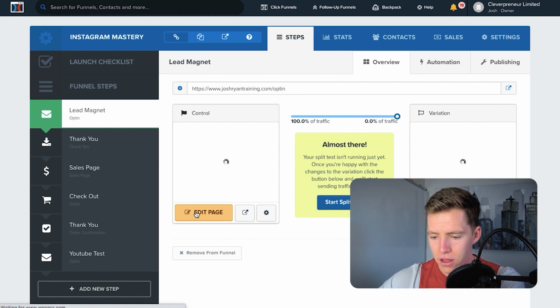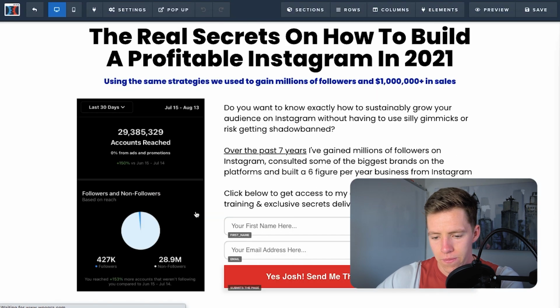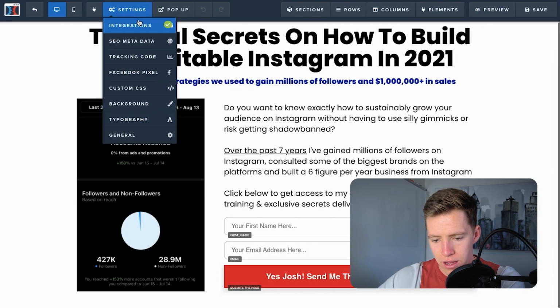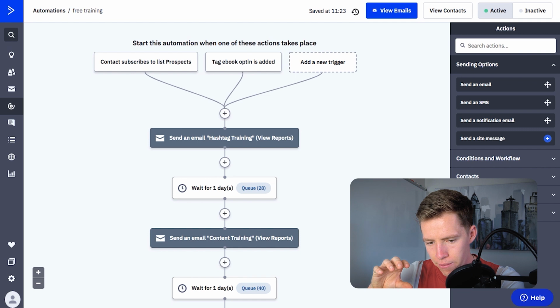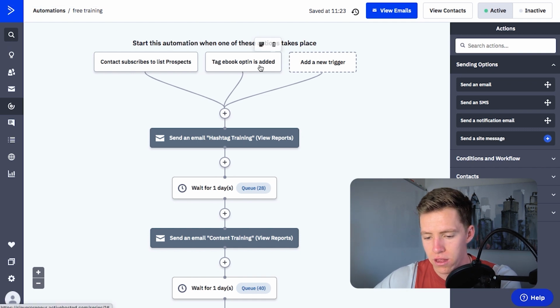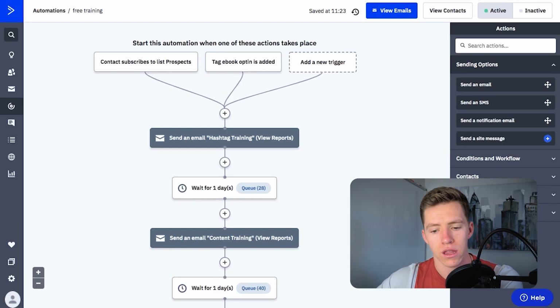And when I go to edit the page, I will just show you quickly that if we go into settings and integrations, you can see that here you'll be able to hook up your integrations with your autoresponder service. Integration, email, ActiveCampaign, add to list with tags, list, prospects, tag, ebook opt-in. So as soon as someone puts their name and email into that, they are added to the list prospects and ebook opt-in is added. So as soon as they put their name and email into here, this automation is set